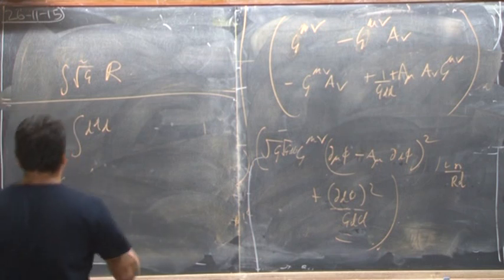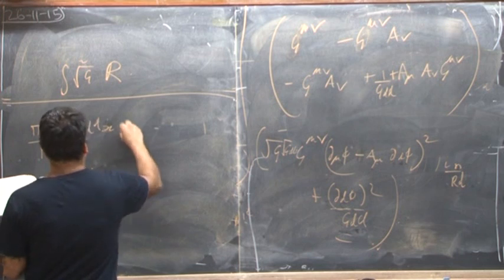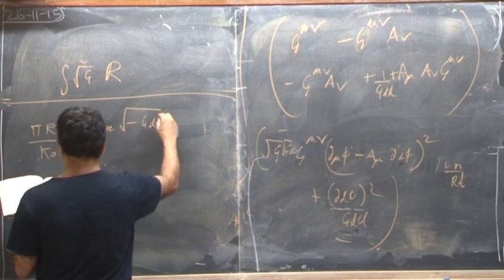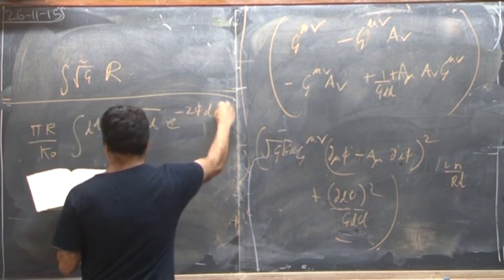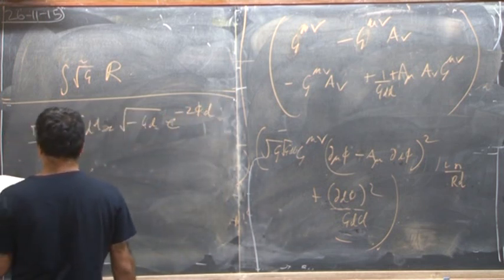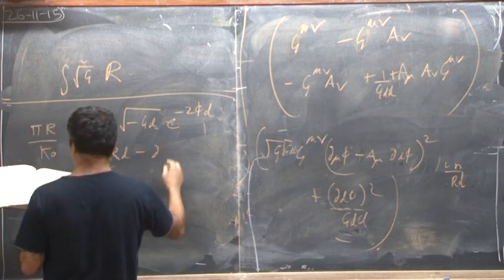That's why the factor of R is common. d^d x square root minus g_d e to the power minus 2 phi_d times R_d minus 2